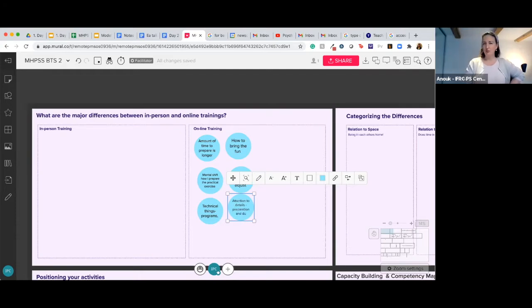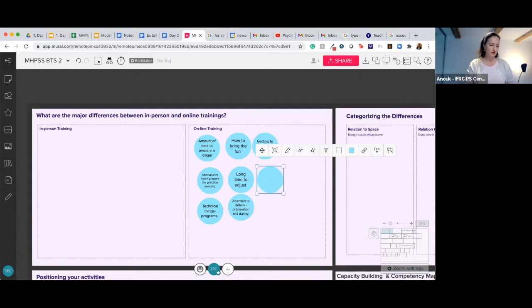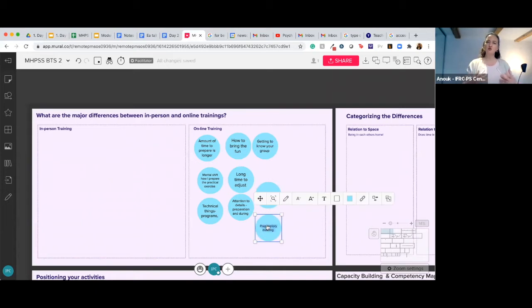Secondly, getting to know your group. As a trainer, it's easier to get a sense of who will be in the group in person than in an online environment. So preparatory meetings I found quite crucial in that sense as well, not to just start meeting each other when you have the training. And second to that, also creating a sense of community, because that is much easier to do when you have a fun dinner planned, or you have tea breaks where you have small talk. We talked a bit about that yesterday, and the need for buddy talks, etc. So people amongst each other get to know each other.